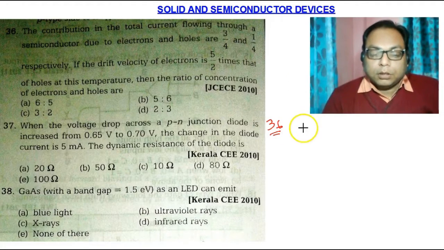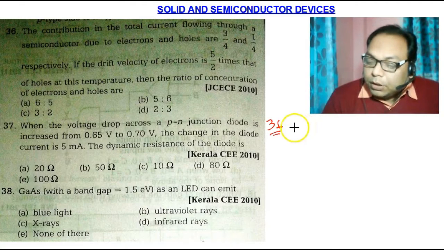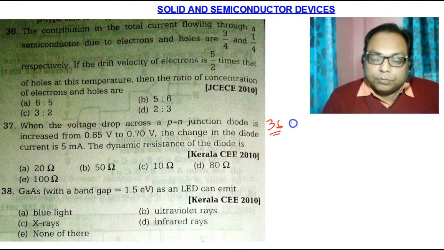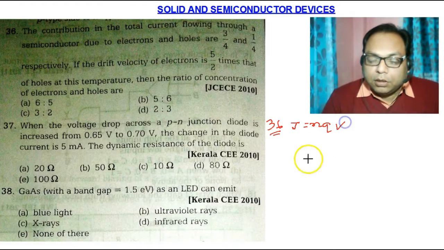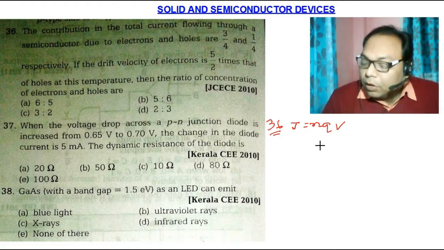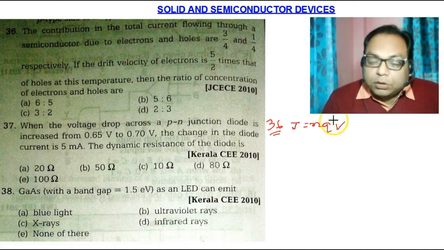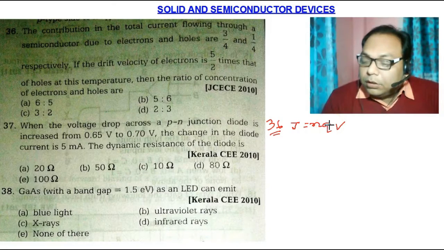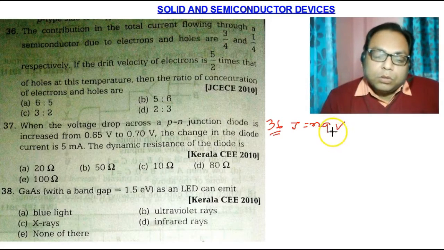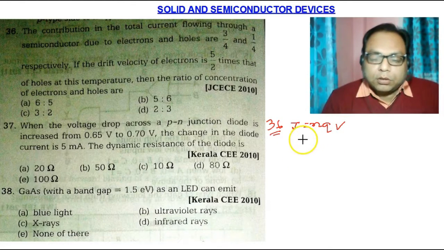We have the formula for current density: J is equal to N Q V. Here N is the number of electrons, Q is the charge, and V is the drift velocity. Q will be the same in both cases, because the charge of an electron and the charge of a proton are equal. So if we see J